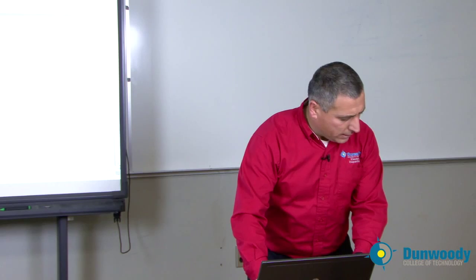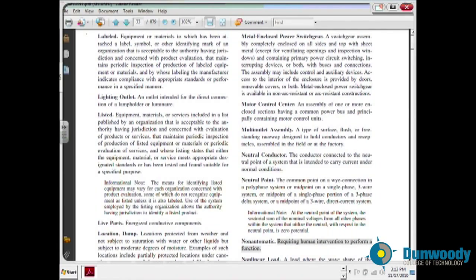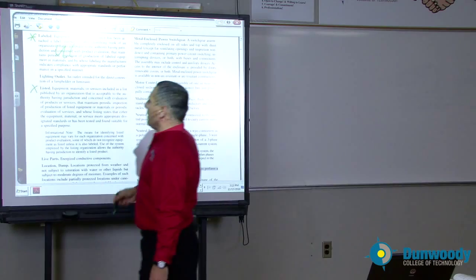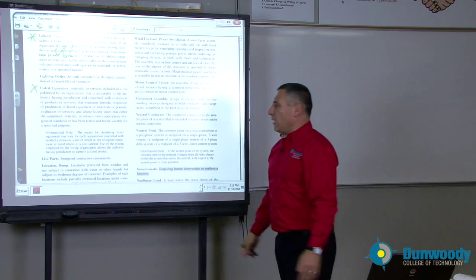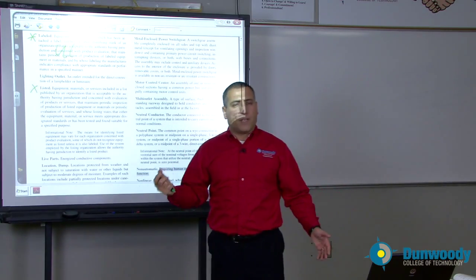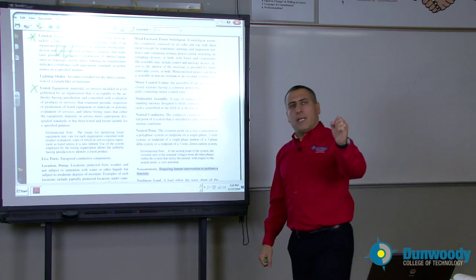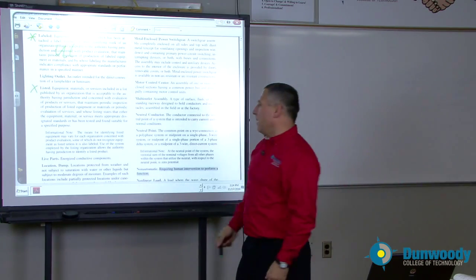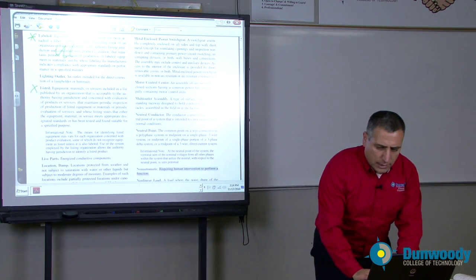Very important things I have here are labeled and listed. Every piece of equipment that we install in the NEC Code book, they always use labeled, meaning it has a label on it like a UL label, and listed, meaning it is in a list, approved for the use. I have a wet location fixture, listed by UL as wet location, with a label on it as wet location, and also in a list provided by UL as a wet location. So it's very important to understand listed and labeled as you go through.